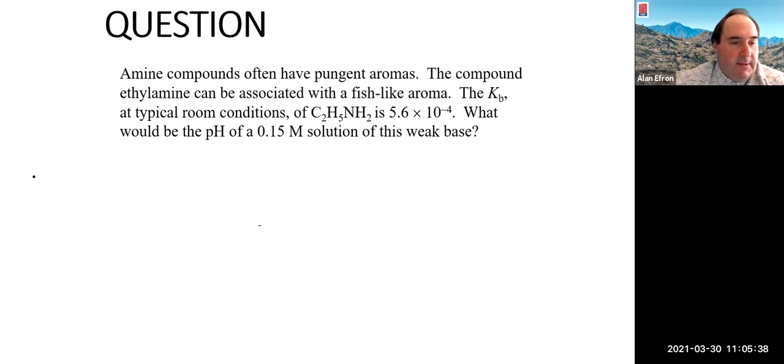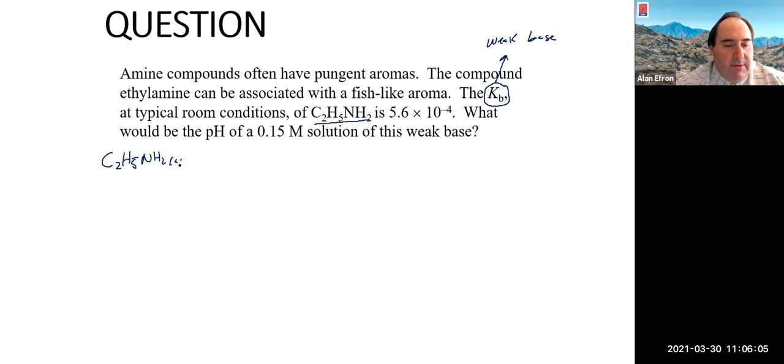Okay, since we're getting kind of to the end here, let's take a look and see how we do this. So a couple things. Obviously we see a Kb value, so that definitely tells us we're dealing with a weak base. It also tells us that we should be doing some type of ICE table to solve this. So this is a base, so our equation will look something like